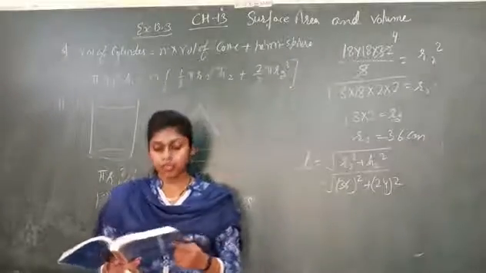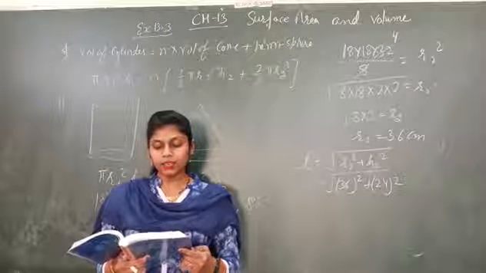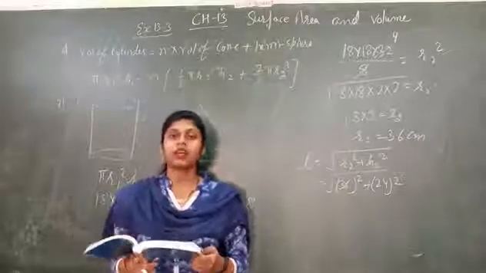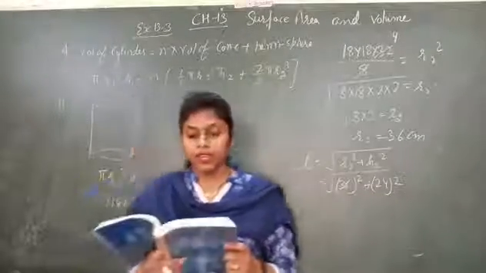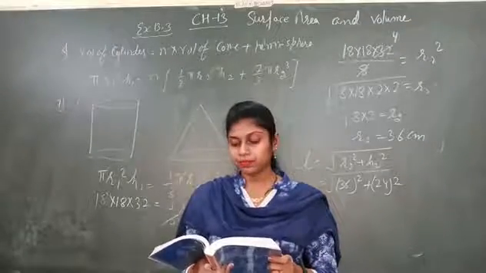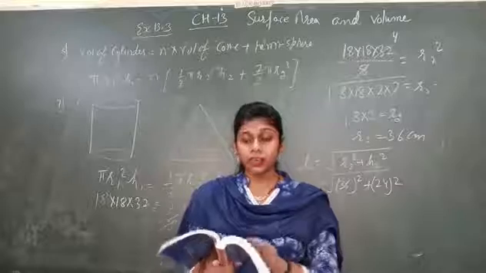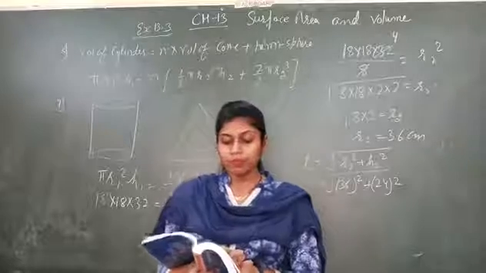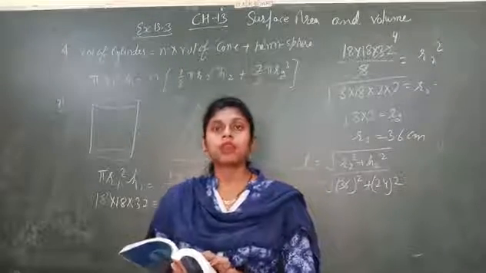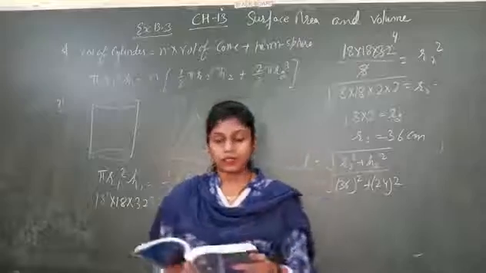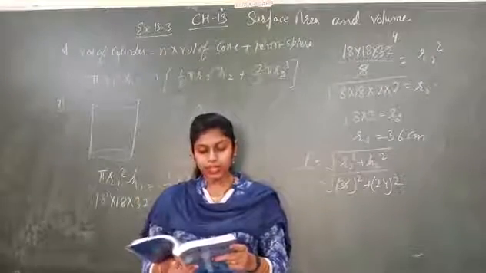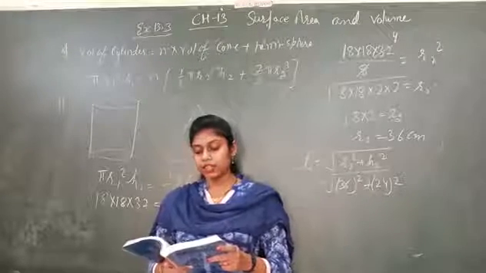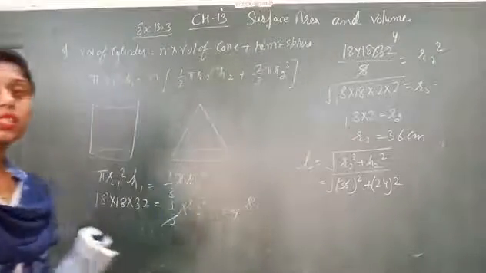Next, 8th question. Water in a canal 6 meter wide, 1.5 meter deep, is flowing with the speed of 10 km per hour. Canal is in the form of cuboid. Its breadth and height is given and speed is given. If the speed is given, we always consider this speed is equals to length. Means to say the water flows in 1 hour is equals to 10 km. So 10 km is our length. How much area will it irrigate in 30 minutes? Time is given. If 8 cm of standing water is needed. See how to solve this question.